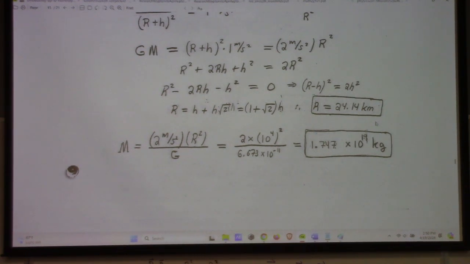No? Yes? No? What? Why'd you put 10 to the 40? It's r squared. It's 24.14 kilometers. That's a good question, actually. Didn't we just find that r was? You have R in kilometers, so you turn it back into meters. Well, yeah, but